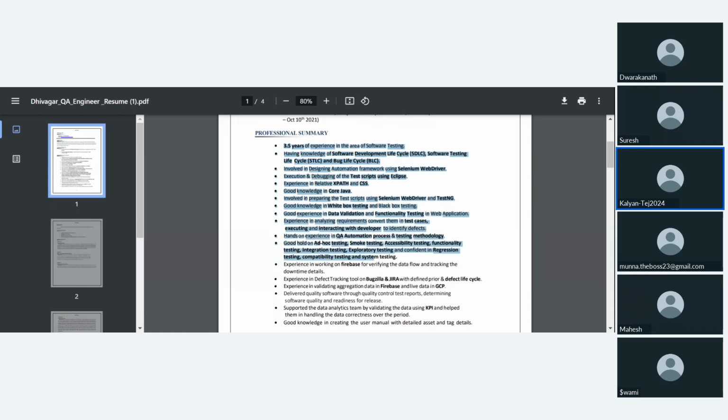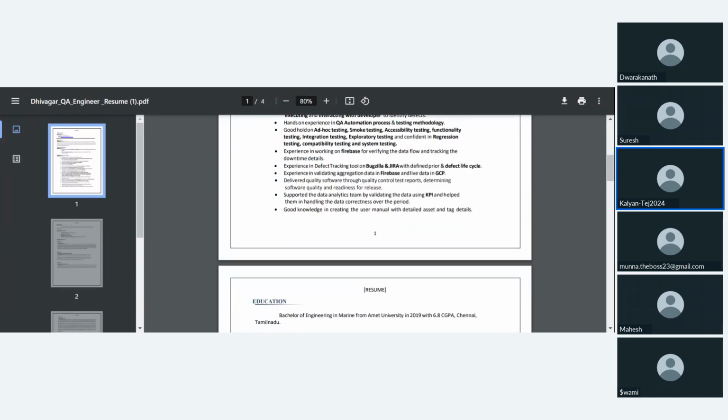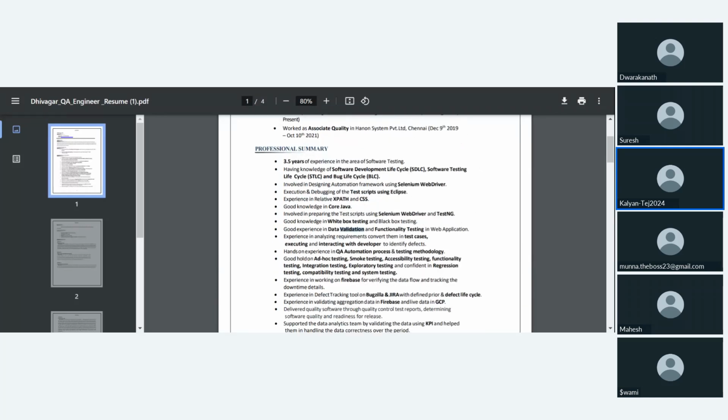Okay, so always, if you're an automation test engineer, write XPath. Highlight these things, that is XPath, CSS selector. And don't be very generic by adding, I know what is software testing, basics of software testing, SDLC, all these things. But yes, SDLC you can mention, but do not include only this part and ignore the rest. Always highlight all this part: data validation, functional testing, and whatever testing you have performed in your previous manual or automation work, if you are experienced. Okay, so this covers your professional summary.